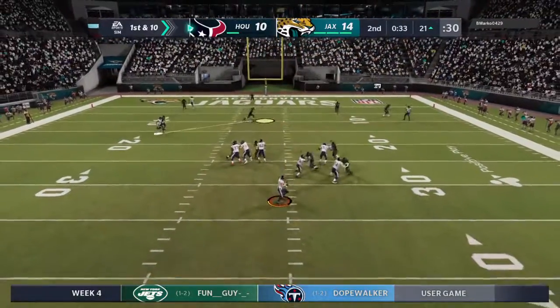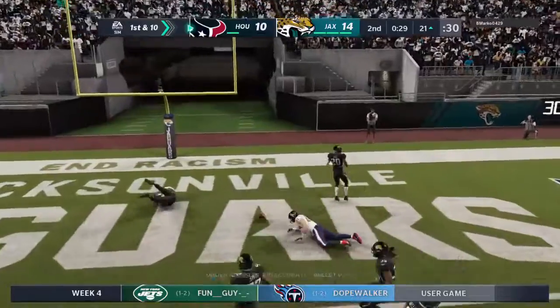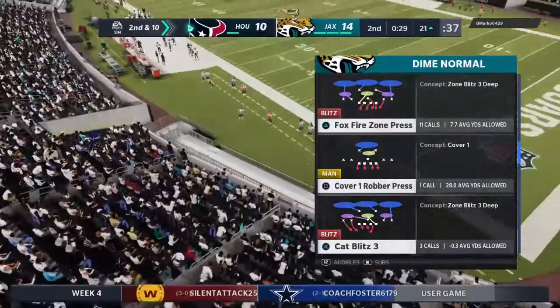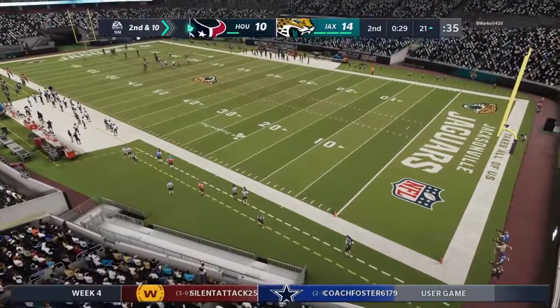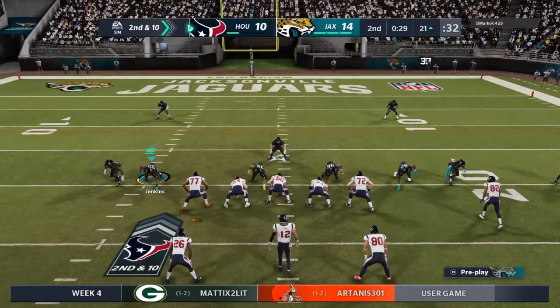From the shotgun, he'll look to throw. He's going to go up top for the end zone. Back of the end zone. Could he get his feet down? No, it's incomplete. As defensive coordinators around the league tell me all the time, that throw is not for every